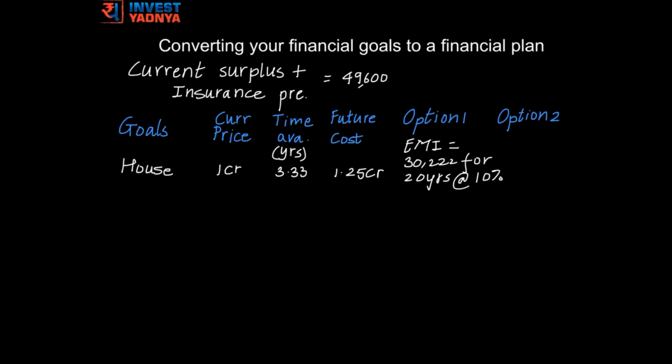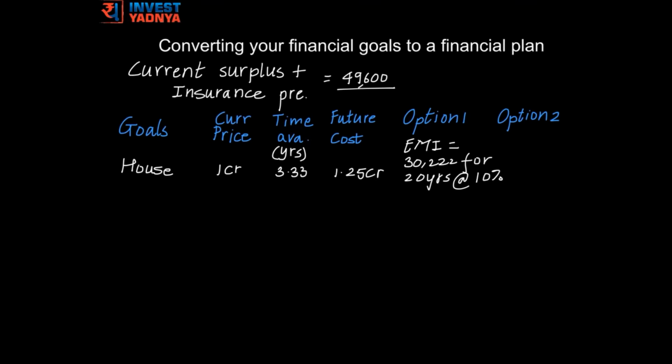Parul and Puneet currently pay 2.4 lakh rupees as life insurance premiums, which seem to be very heavy. So this should be replaced by a term plan. You can watch our videos on insurance not an investment and how to calculate your right life insurance cover to understand this better. After buying a term plan, these 2.4 lakh rupees would be available for investment. And so now their monthly surplus would be 49,600 rupees. Let's check with this amount in hand how they can invest towards their 4 goals.